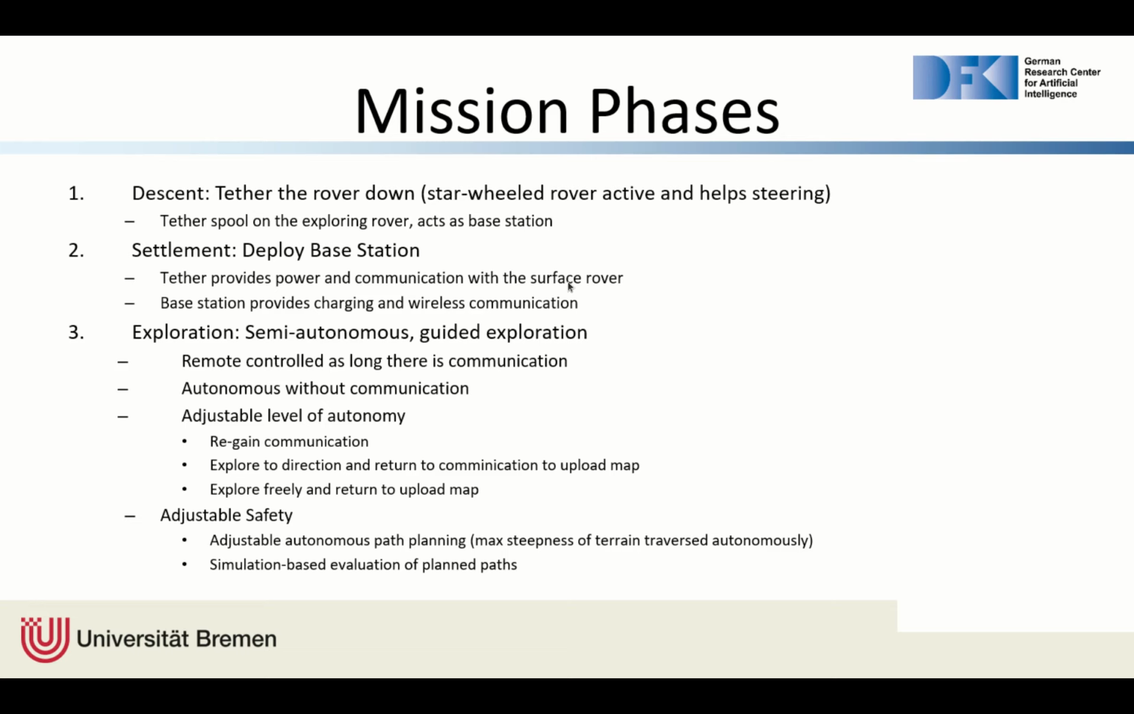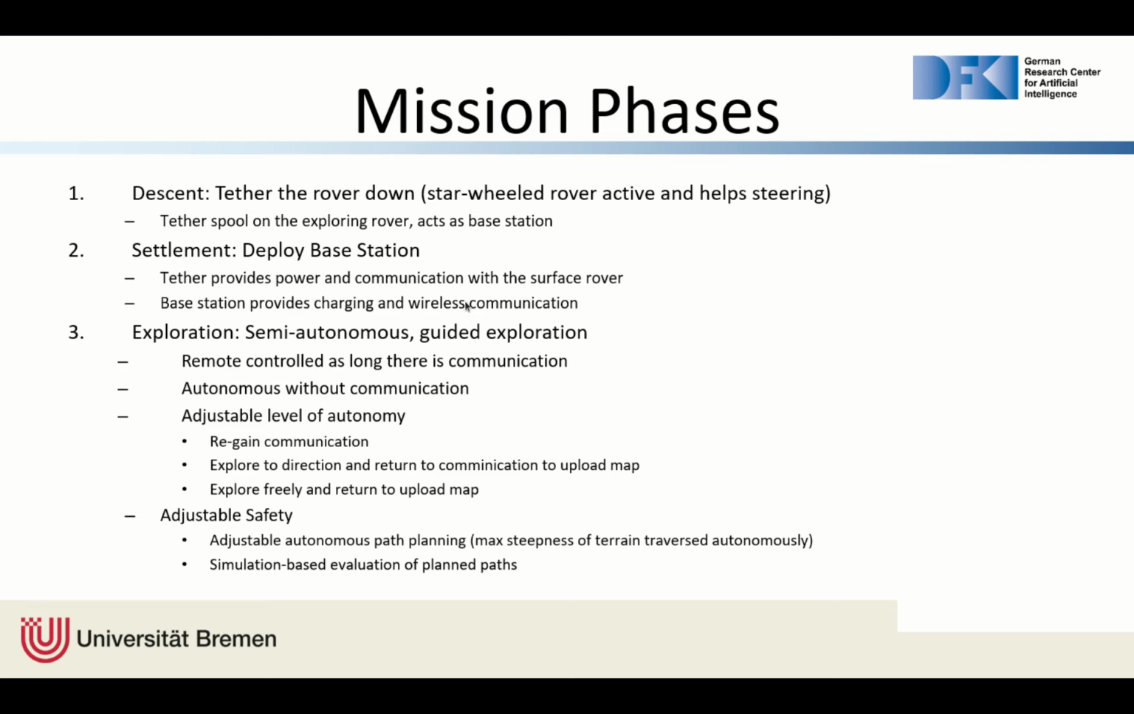I already mentioned that the tethering spool on the Explorer later acts as the base and recharging station. The deployment is on the lower side of the pit, so at the pit ground bottom, and the surface rover can select and drive around a bit with the tether attached, and then find a suitable location to detach the tethering module and base station, and then it is ready to start the exploration of the lower part and